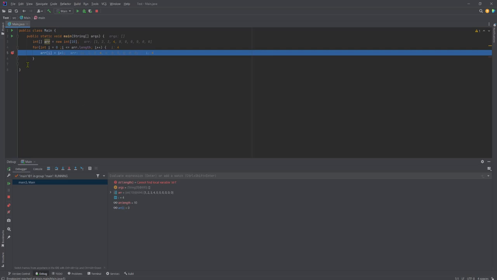So now, instead of stopping at each iteration, we can use conditional breakpoints, and we can specify exactly at what index you want the debugger to stop. So I'll just close the debugging,